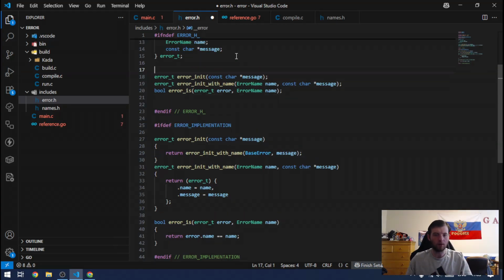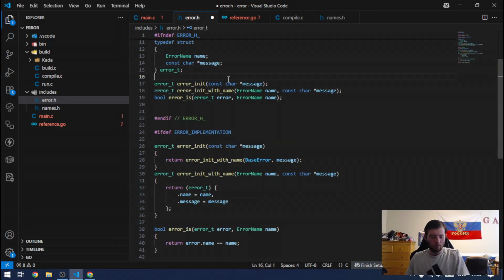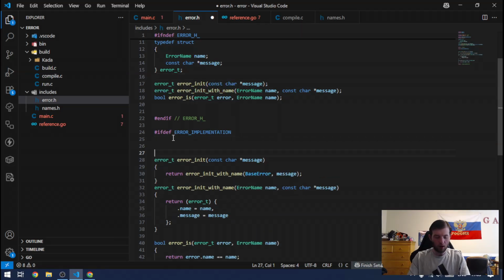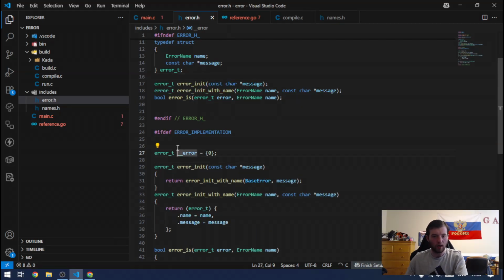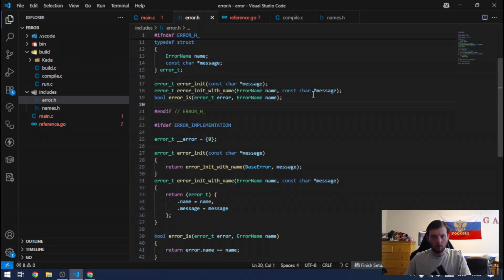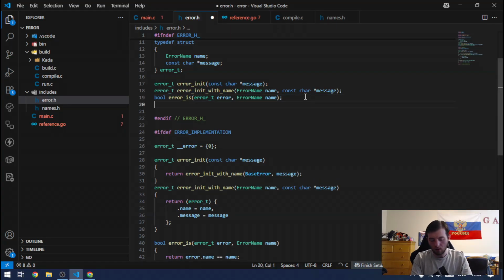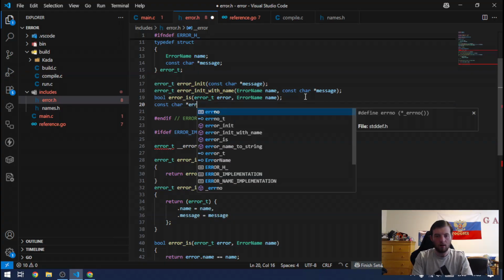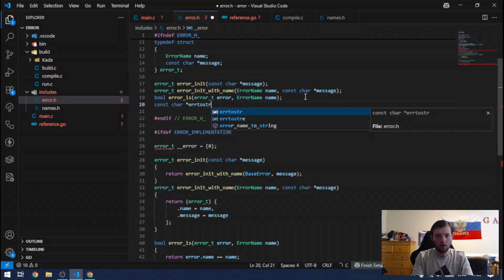And then, right, because this is not going to be public anymore, we're going to do that. And then we're going to do const char, I guess, error to string, error_to_str,